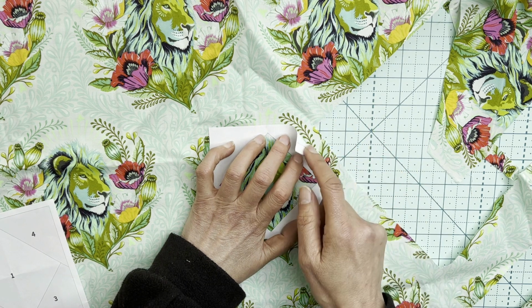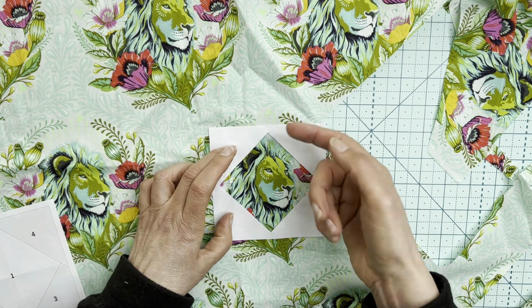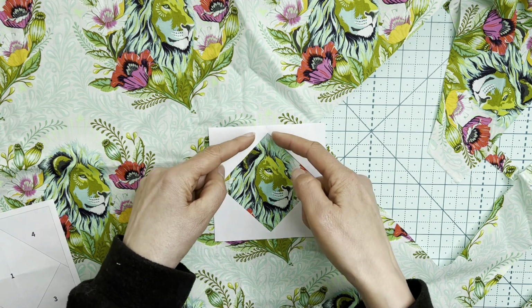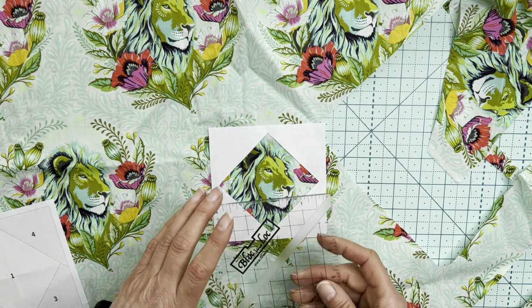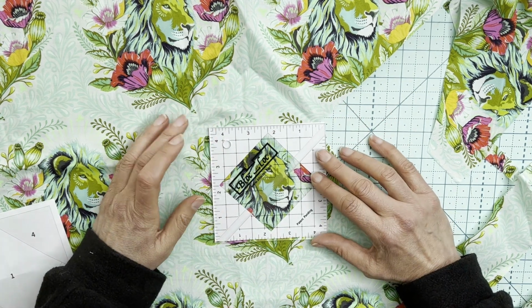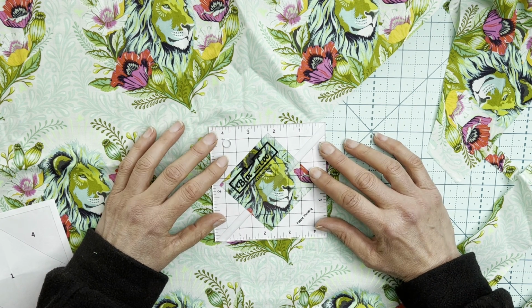Just looking up in here is this corner, and obviously there's a little bit cut out, but it doesn't matter because, as I said, there's fabric going into each of these corners. So I really only need sort of a square that's this shape, but I'm just going to make my life easy for myself. And so I'm going to put my 4.5 inch square over the top of that template,